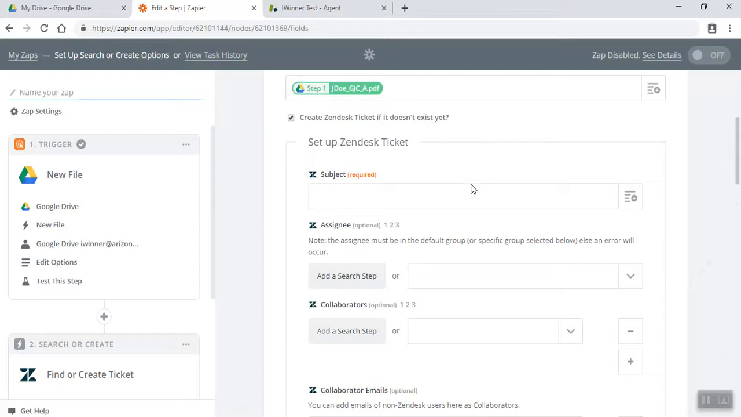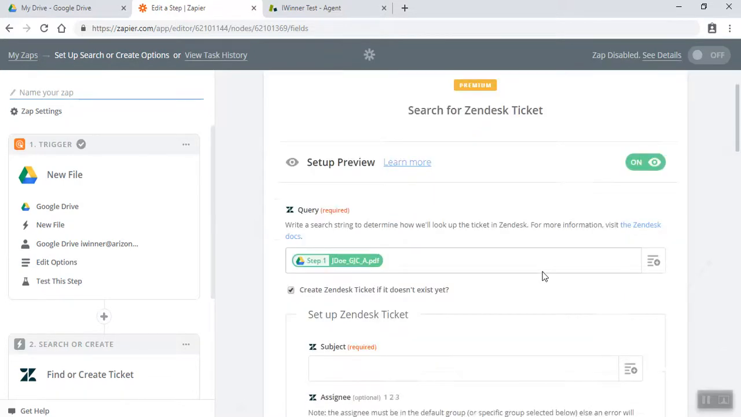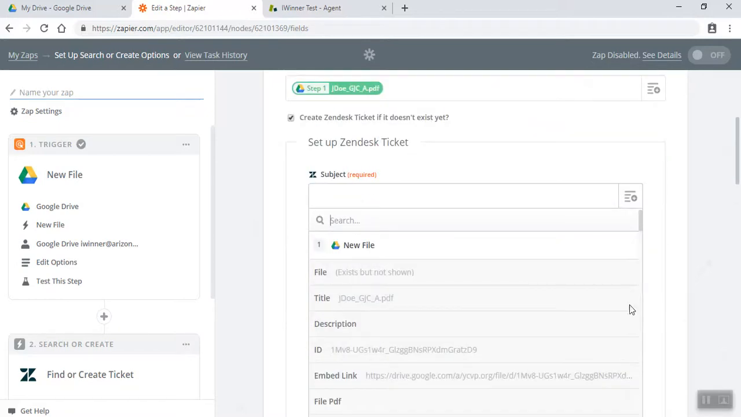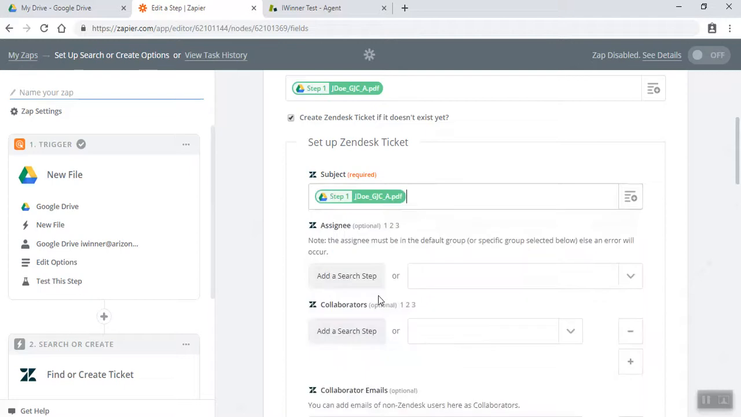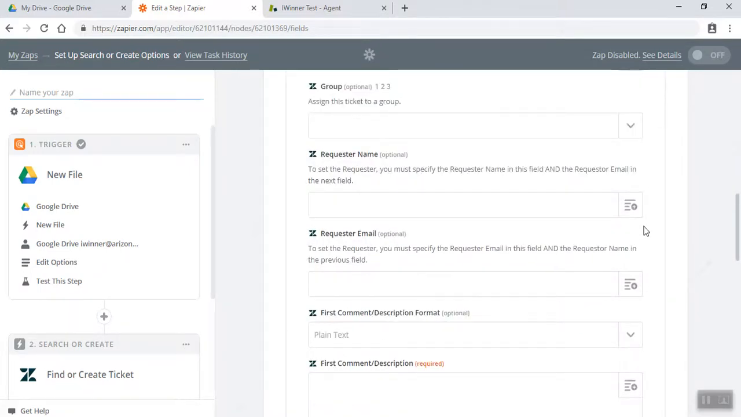Same step here for subject as for the search. You can change it up if you really want a different process, but here we like having the tickets named the same as the file. So you can just click on title under subject, and for this step you also have to put a first